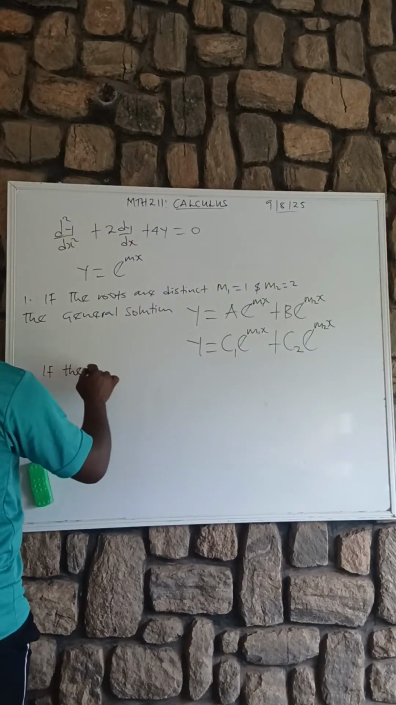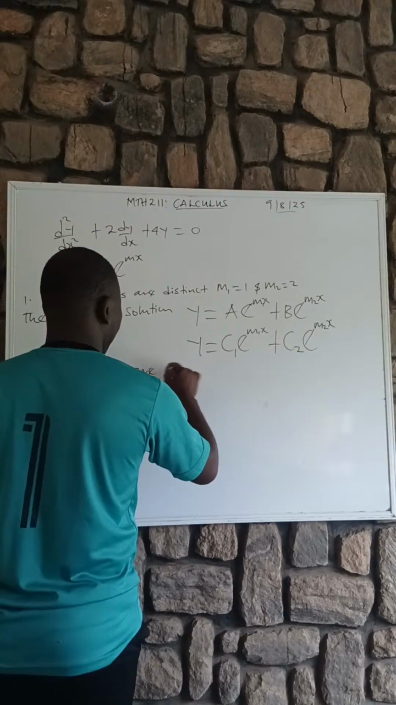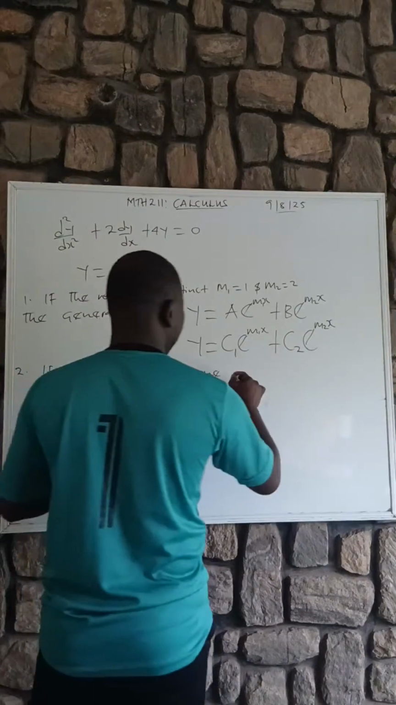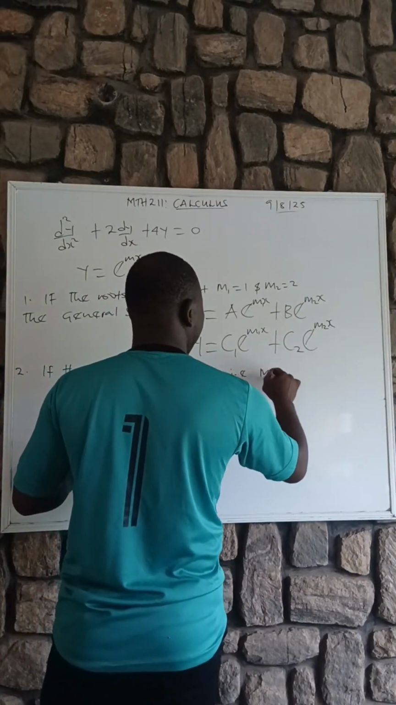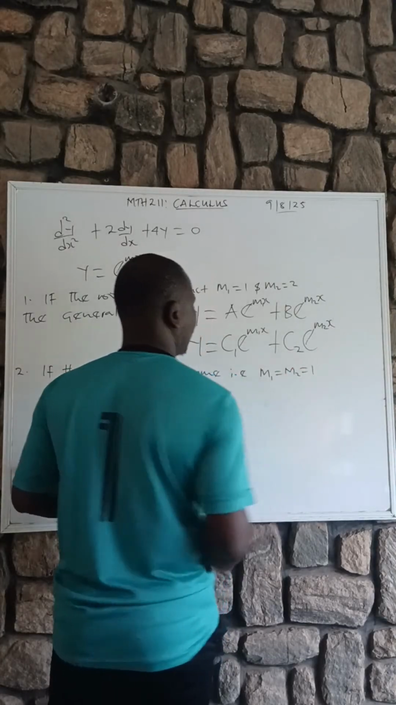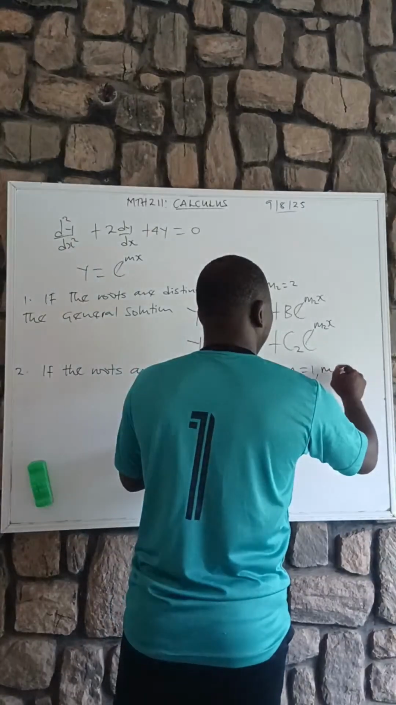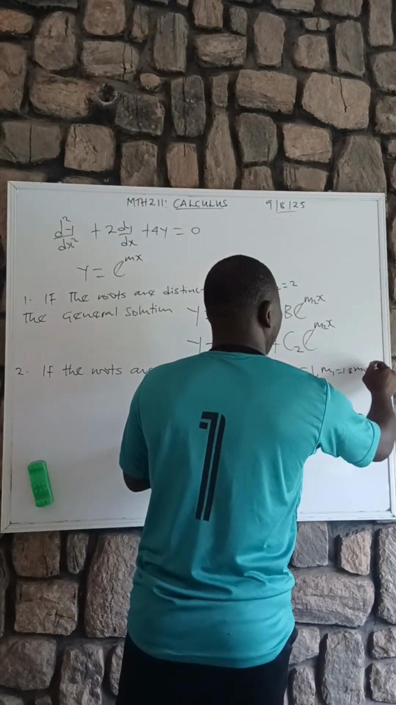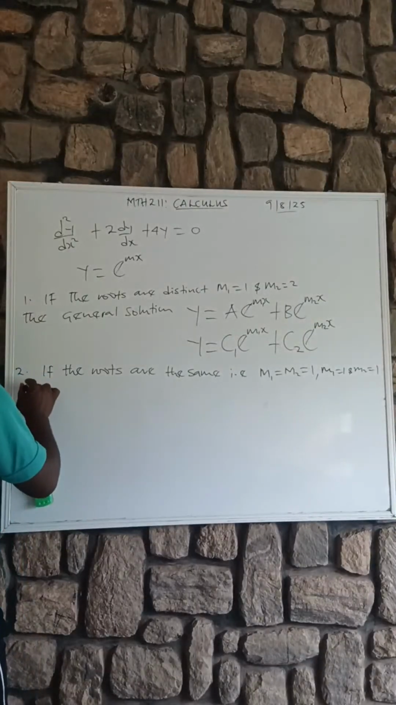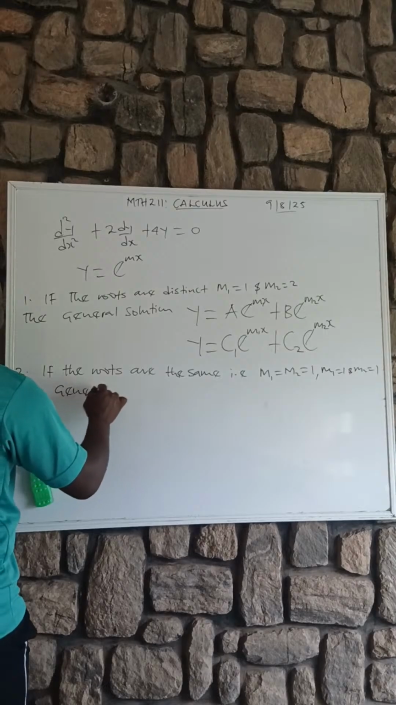the roots are the same, it means m1 equals m2. Maybe assume that 1. You can now see that m1 is 1 and m2 is 1. That is the meaning. So it means the general solution, therefore, the general solution will now be